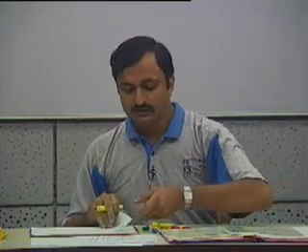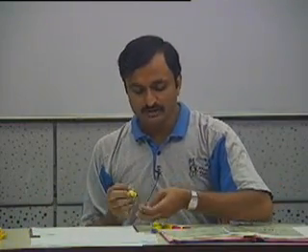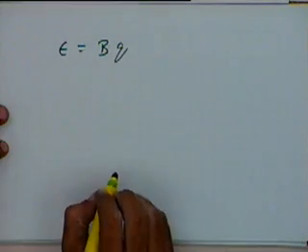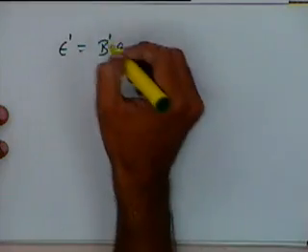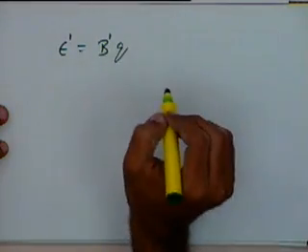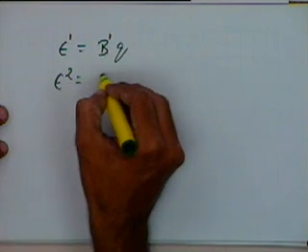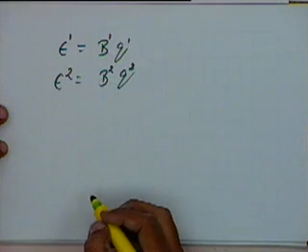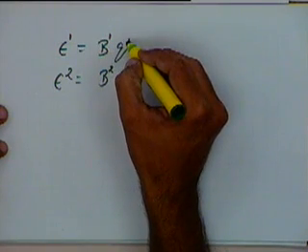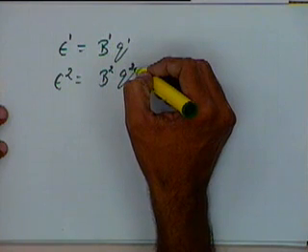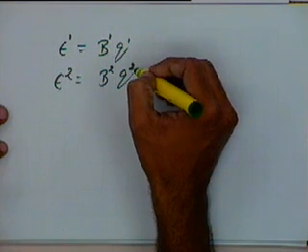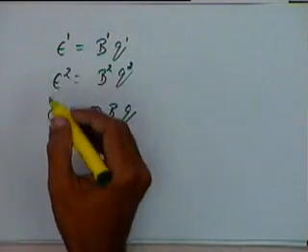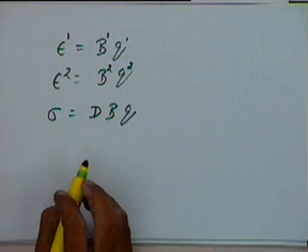Once we have that, in order to compute the strains, we say epsilon, which is the strain, is equal to B times Q for each element. So for the first element it will look like this, and similarly for the second element we will get this, where Q1 is the displacement matrix for the first element, Q2 is for the second element, and so on. For getting the stresses, sigma will be equal to D times BQ, and we can get the strain and stresses in both the elements.